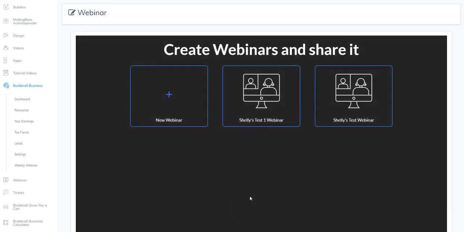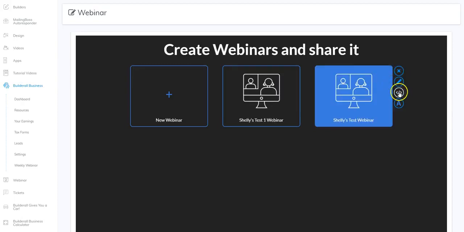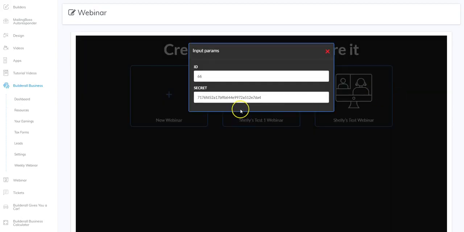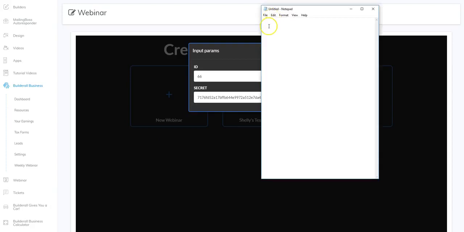So this one is actually ready to go into a web page. So let's go ahead and jump in and add it to a web page. And remember, when we add it, we're going to use the code right here. So I'm going to click the code. And instead of bouncing back and forth, I'm just going to open a notepad. And I'm going to add this to the notepad. So the ID is 66. And the secret,